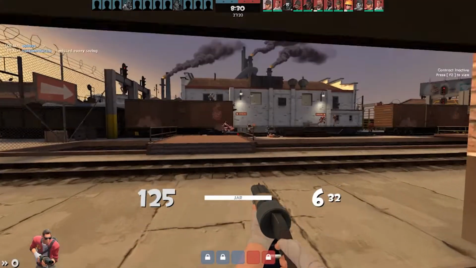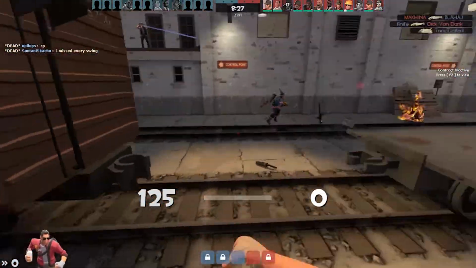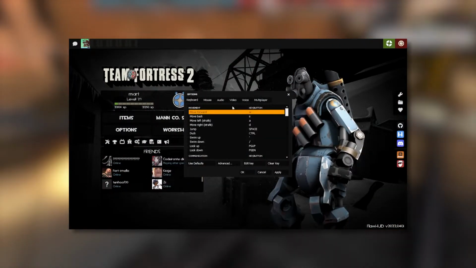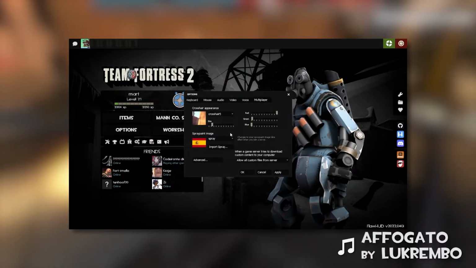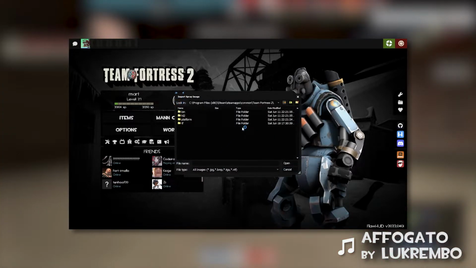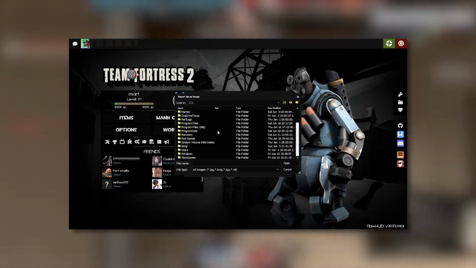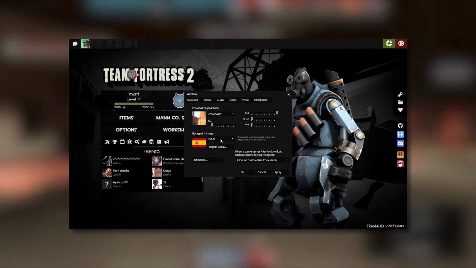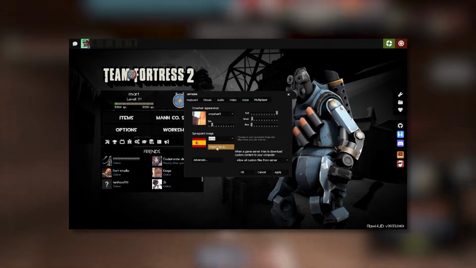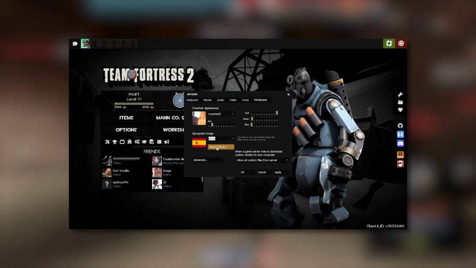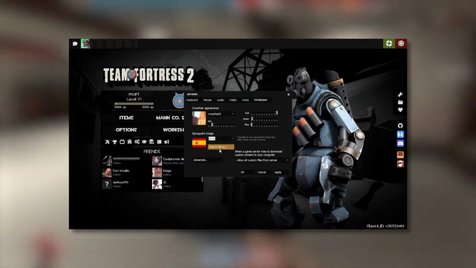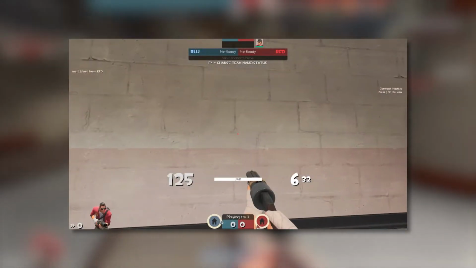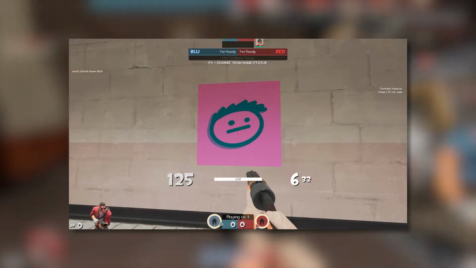Now that you have a .vtf file, you're probably wondering how you can put it in TF2. Well, it's simple. Go to Options, Multiplayer, and there you'll see a small section where you can import your spray file. Click on it and navigate to where you downloaded the .vtf file. For me, it was in the Downloads folder. Now a small preview of your spray should show up. Keep in mind the preview is not animated, so we can't really see what your animated and fading sprays look like just yet. With that said, click on Apply, then on OK, and join a match. Now all you need to do is press T, and your image will be sprayed.